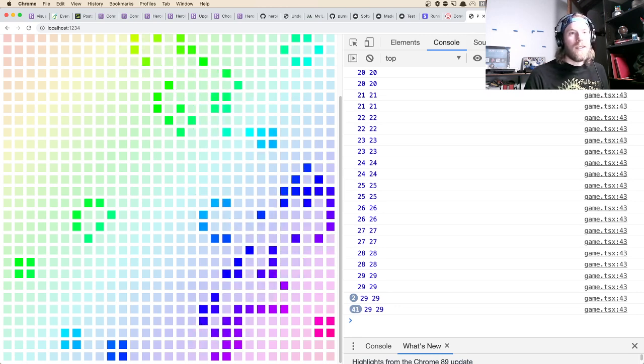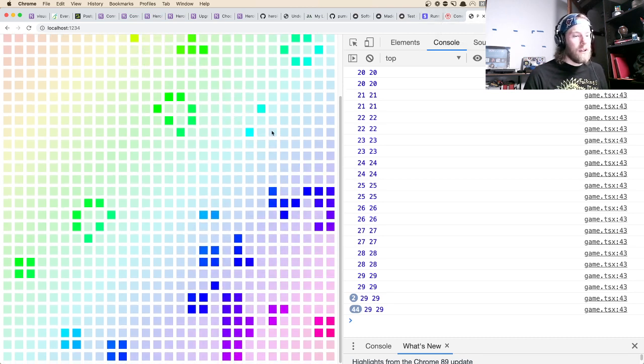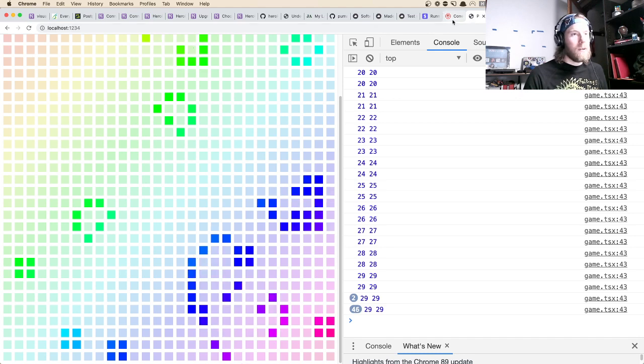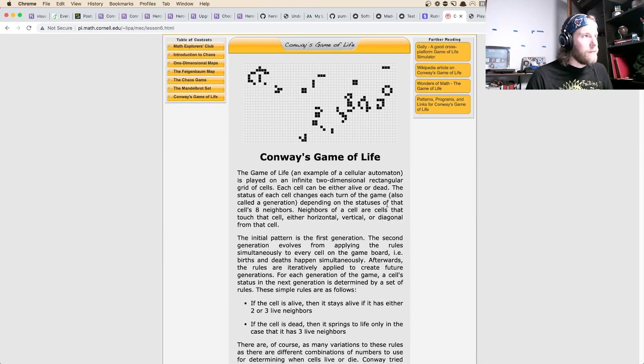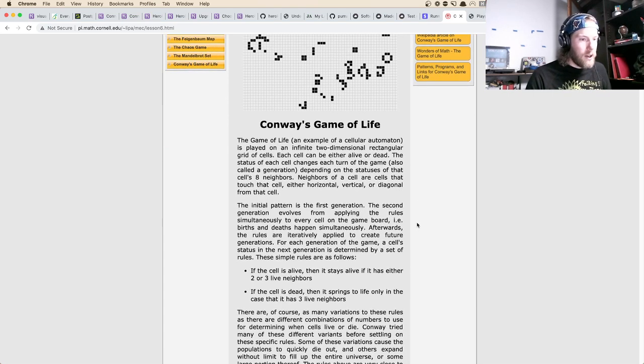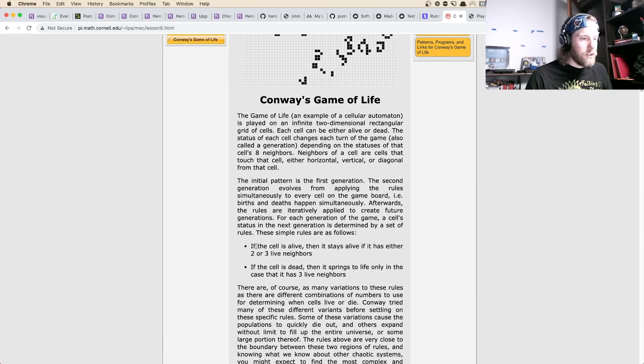Yeah, so something I wanted to take a look at is Conway's Game of Life here. I don't know how familiar people are with this, but I found some super old school looking Cornell website from their math department that talks a little bit about it. And yeah, so there's a couple rules. If a cell's alive, then it stays alive if it has either 2 or 3 live neighbors. So the cells that are brighter,